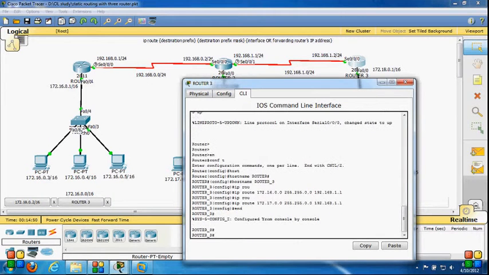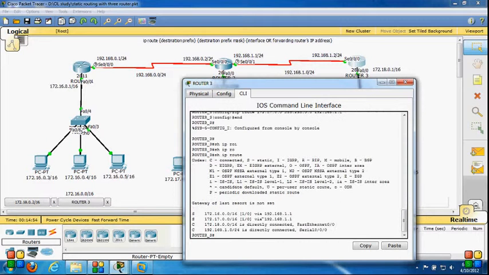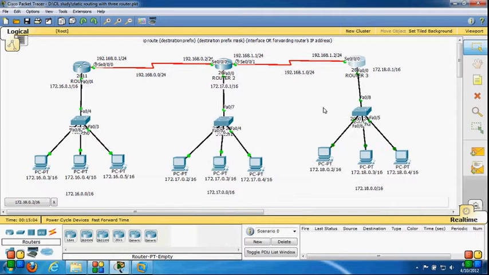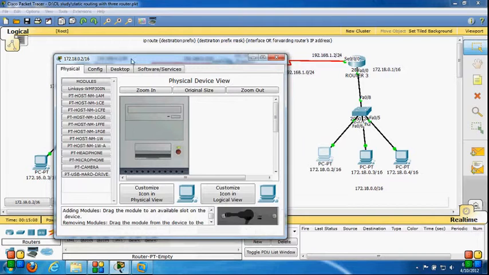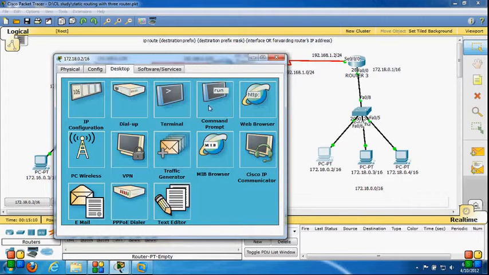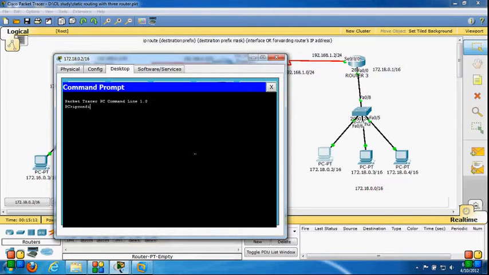Now let's check the IP table. Show ip route. It shows that 172.16.0.0 and 172.17.0.0 are connected via 192.168.1.1. So this is the end of the static routing. Now let's check the connectivity. I'm on this network, and ipconfig.